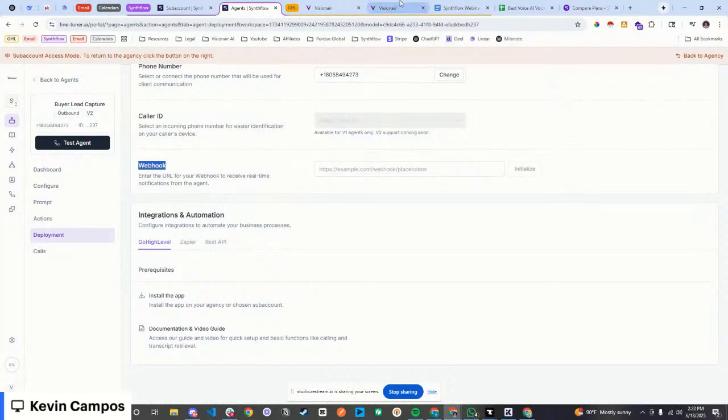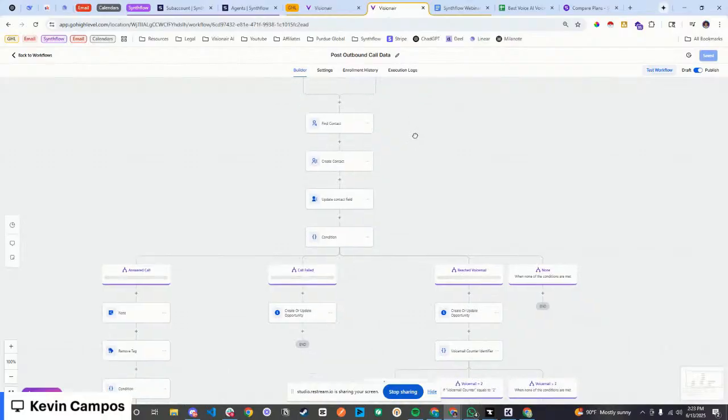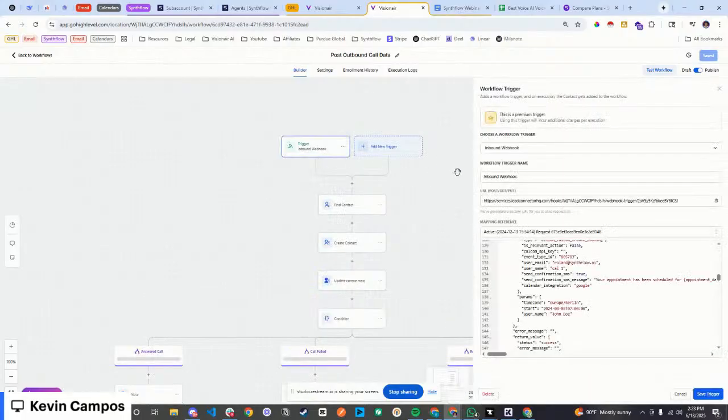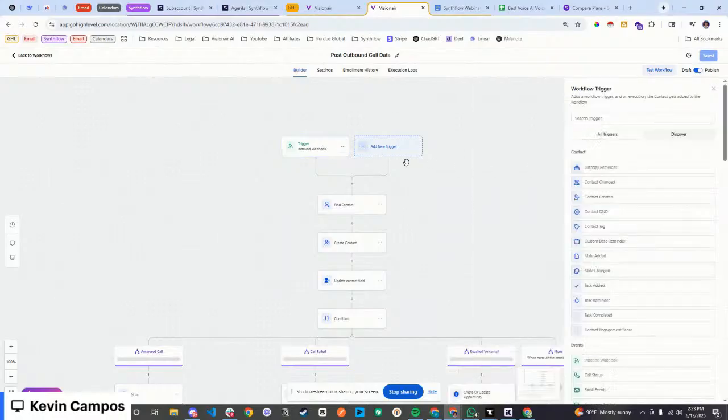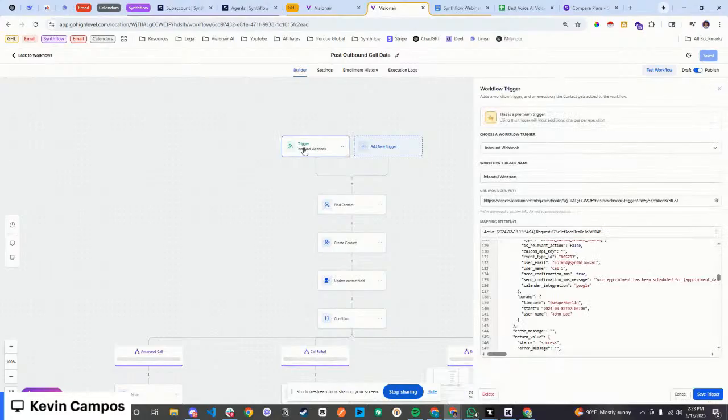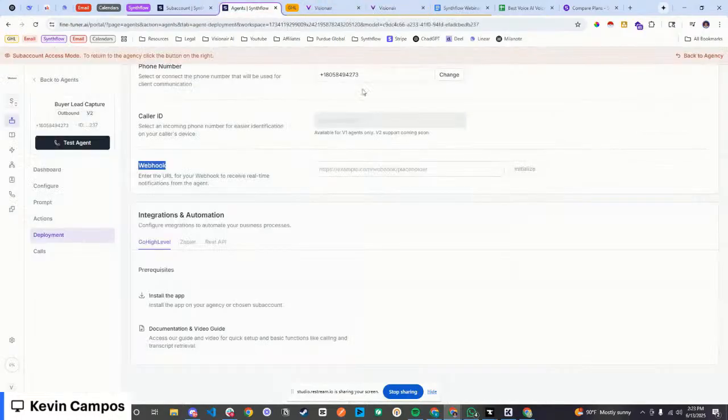All right. How are we going to do that? This is another workflow right here that you can see. Now, in this workflow, you are going to make the trigger an inbound webhook. Meaning you're going to copy this right here. So for this trigger, you're just going to look up inbound webhook, click on this, and then copy this trigger URL. You're then going to paste it here and initialize the action. You can see it initialized right there.